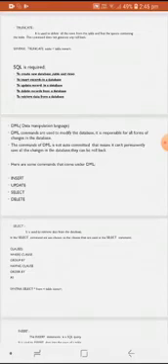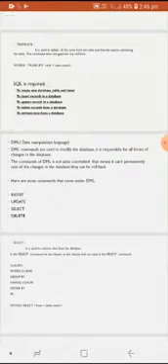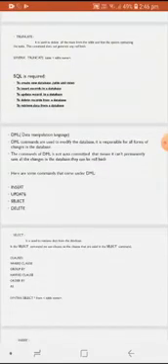Now what are the commands that we use in data manipulation language? Data manipulation language commands are used to modify the database. It is responsible for all forms of changes in the database. The main use of data manipulation language is selecting, inserting, deleting and updating data in the database.